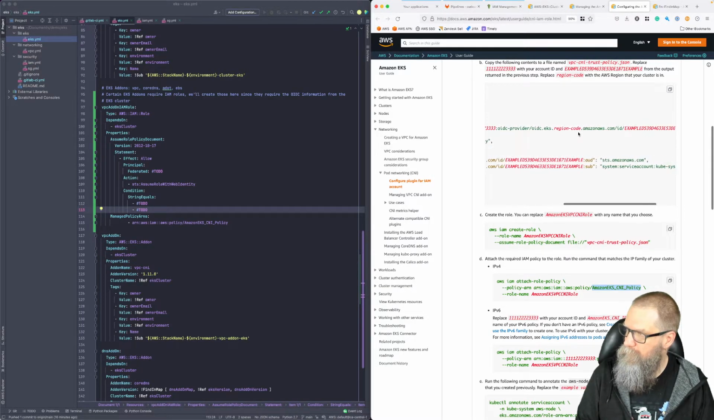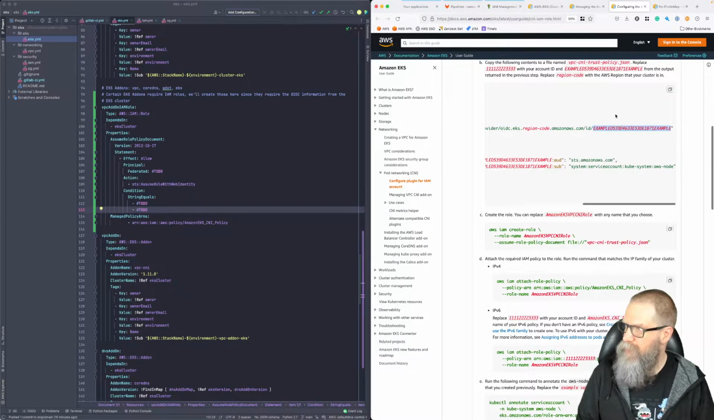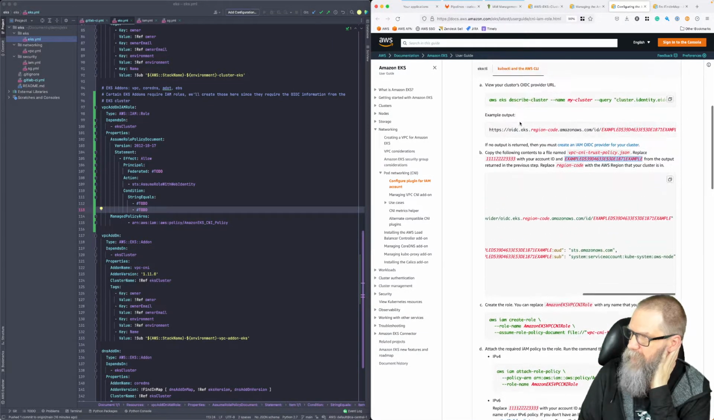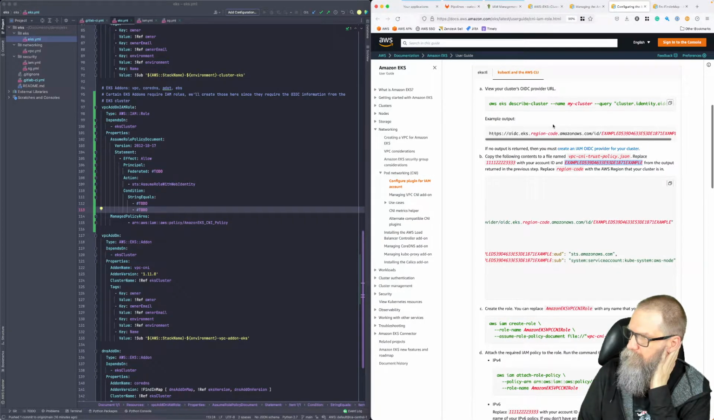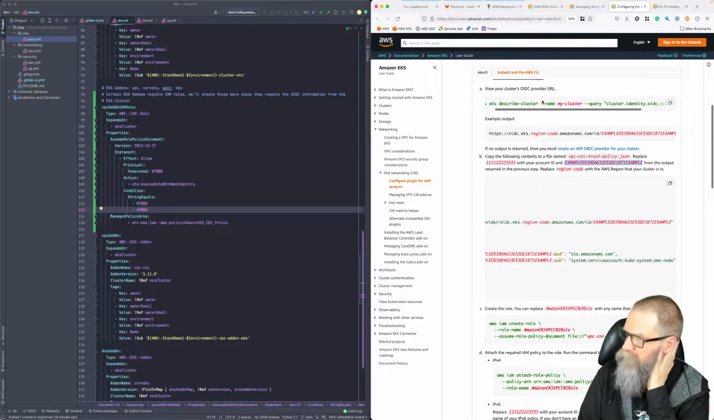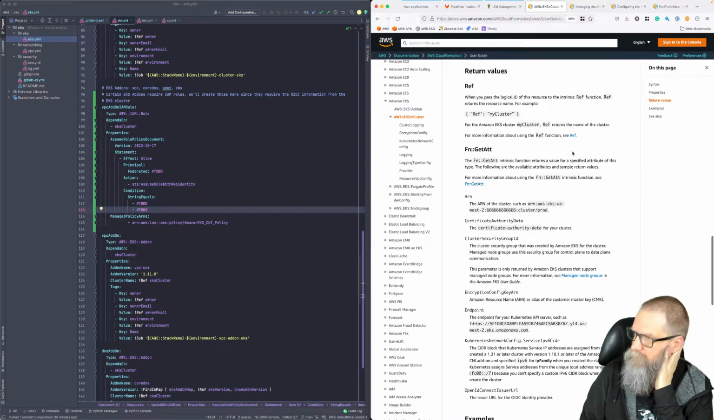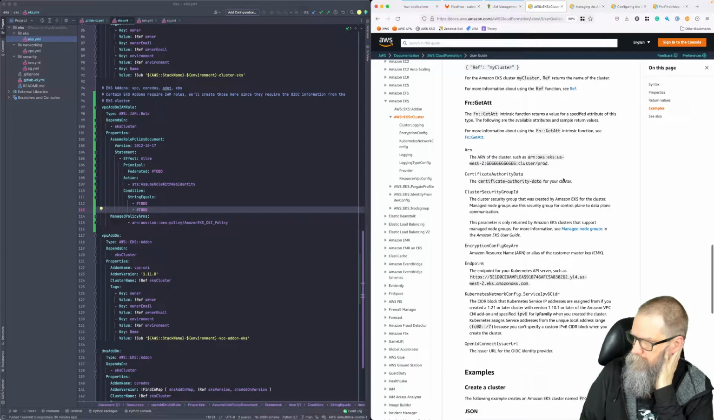All right, so this is relatively painless to do. We could just do a big sub command here. The challenge would be, how do we get that little chunk? And they say here, copy the contents, replace, and this chunk comes from the output returned in the previous step. And in here, oh, okay, here we're saying describe the cluster and give me the information about the OIDC issuer. So I wonder if we go and look at the return values. This gives us the whole URL, which I would assume is,